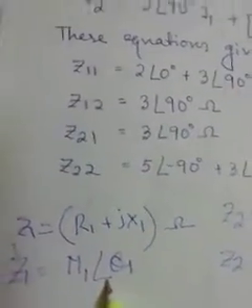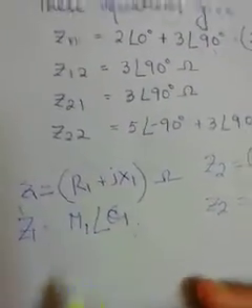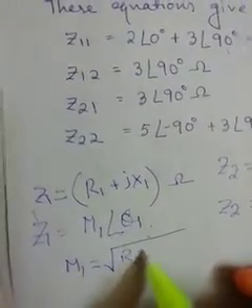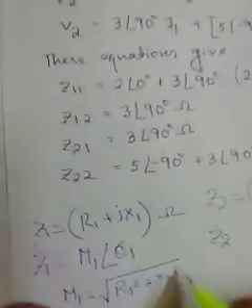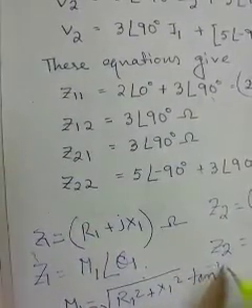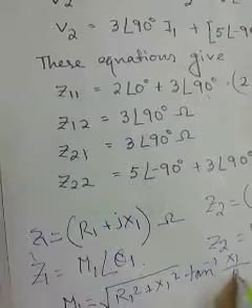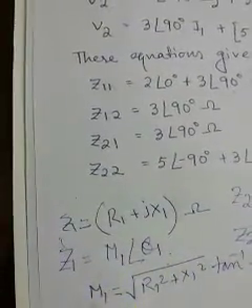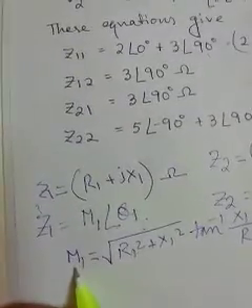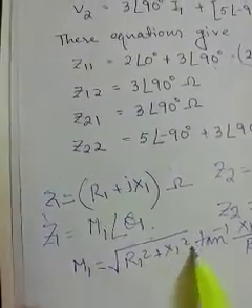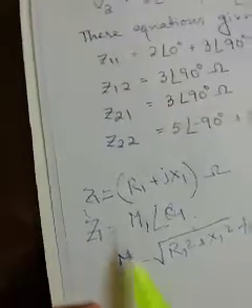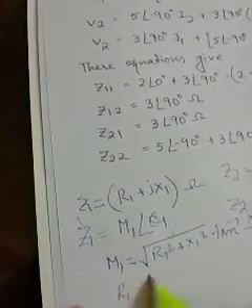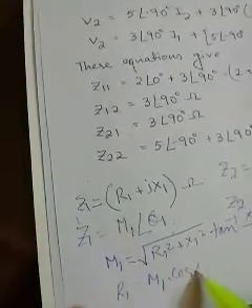Theoretically, mathematically we know the relation, because m1 should always equal the square root of r1 square plus x1 square, and the angle should be tan inverse x1 by r1. This is actually the rectangular to polar conversion, and then the polar to rectangular conversion should be r1 equals m1 cos theta 1,